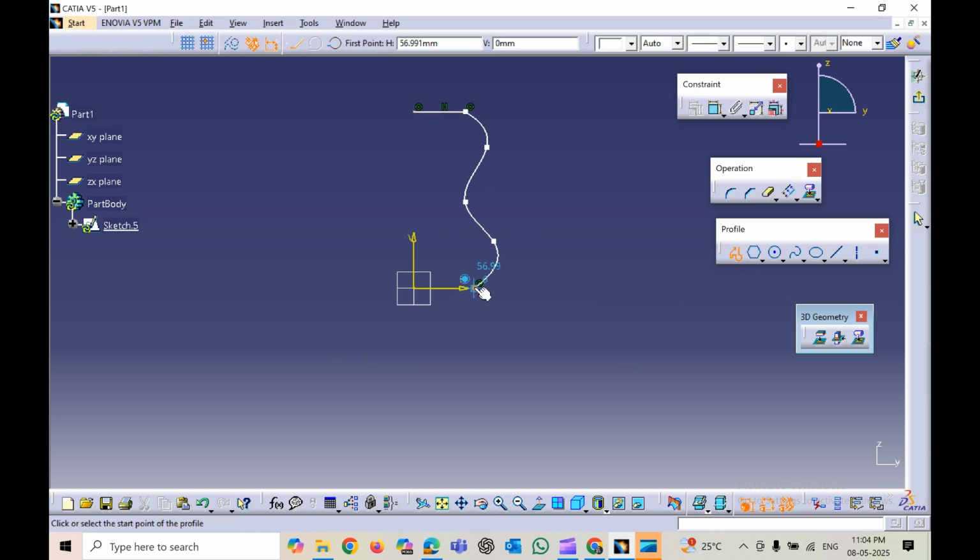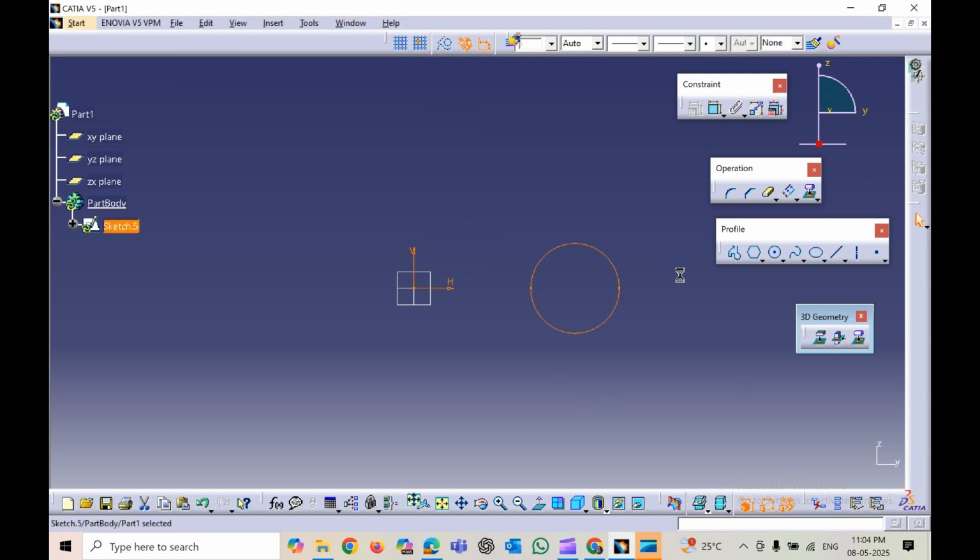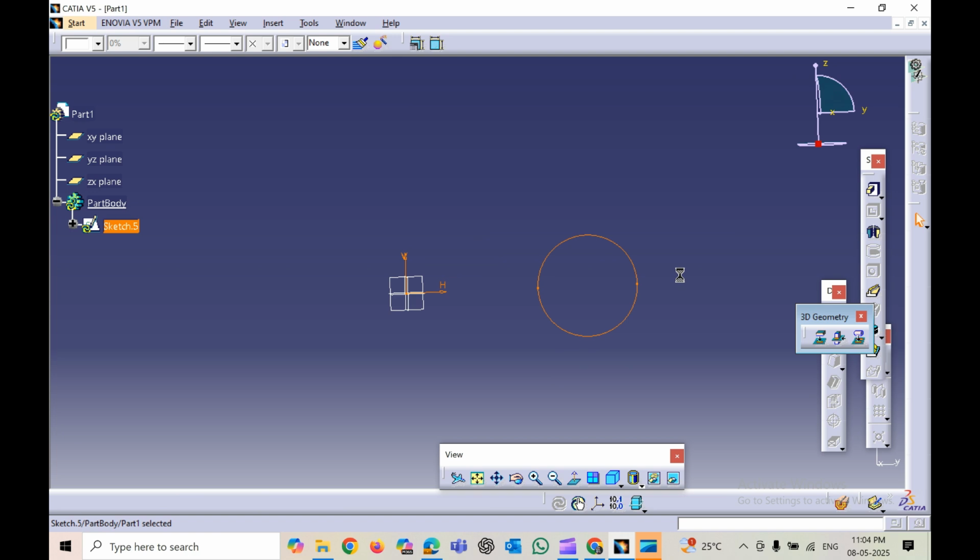And even this edge. So in such case, I'll get a complete round profile. By exiting the workbench,